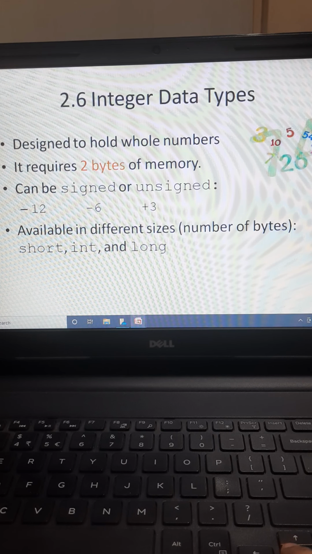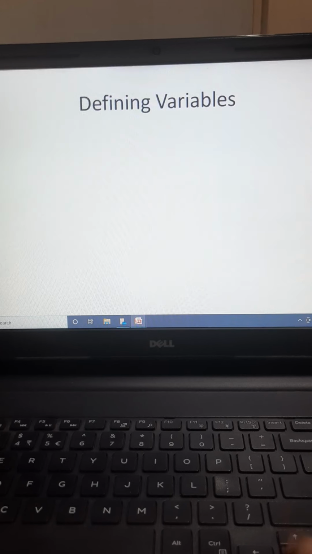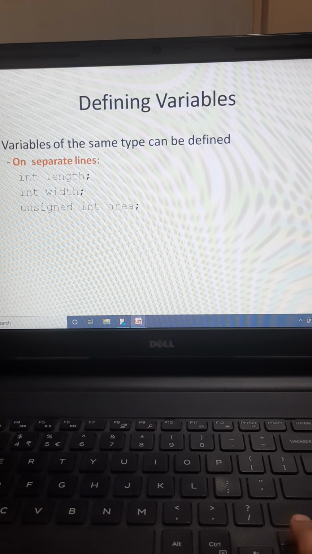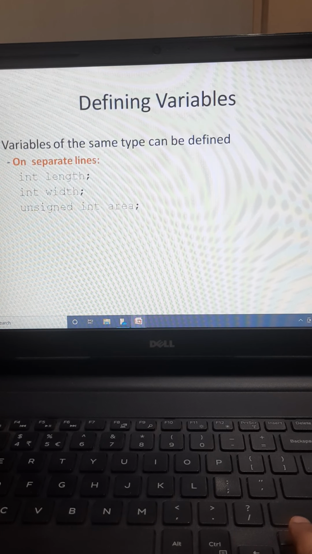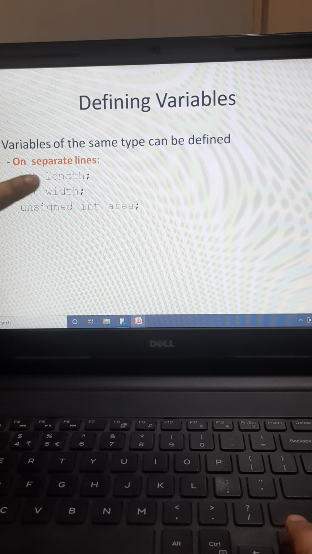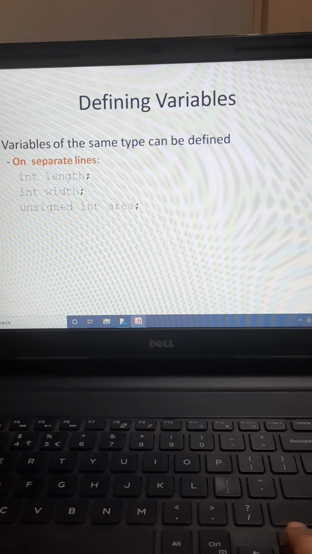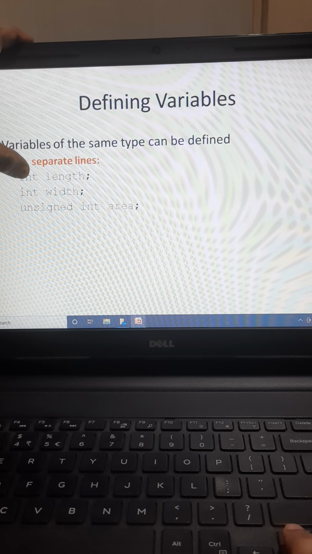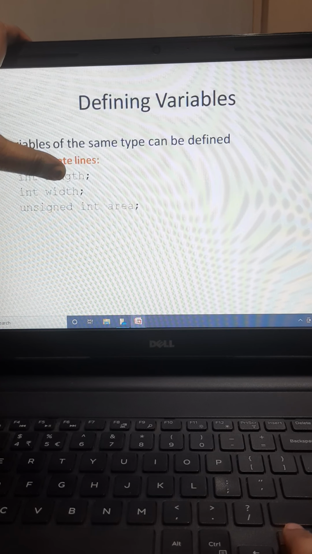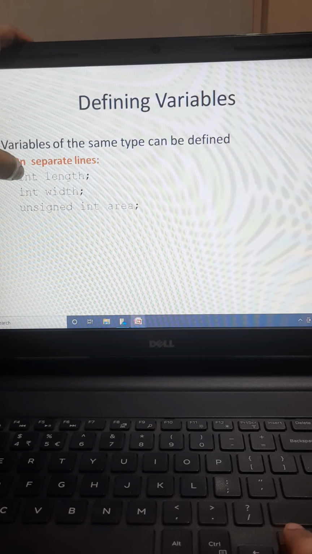Now when I want to define a variable, I may define it as int length and int width. Suppose I want to find rectangle's area is the objective of my program, then I will store length and width as the two variable names, and then again area I'm going to find out, so I am also defining it as int. So you can identify, say this is a data type and this is a variable name. This can be anything, and this has to be a keyword. Data type has to be a keyword.